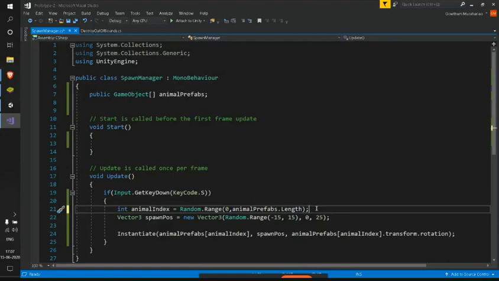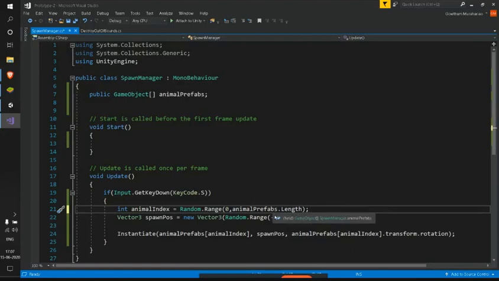Instead, by using animalPrefabs.Length here, if I change the size to 5 in my inspector and assign 5 different animals, this automatically gives the value of 5, and I'll be generating the values 0, 1, 2, 3, or 4 in every instance.